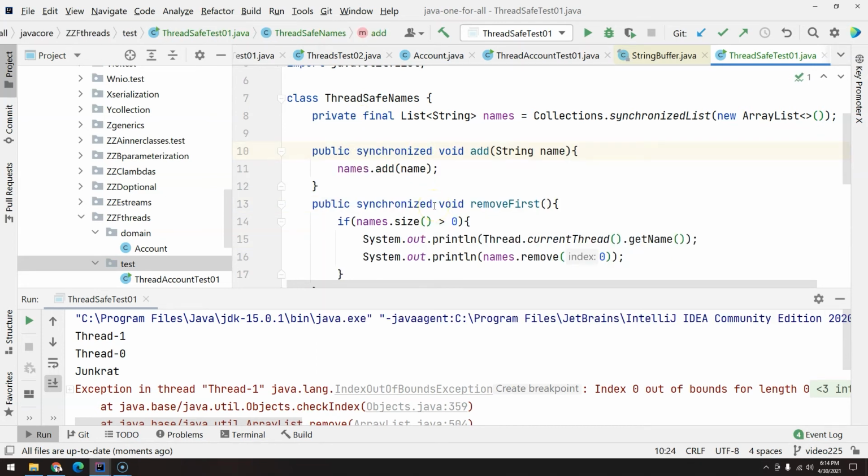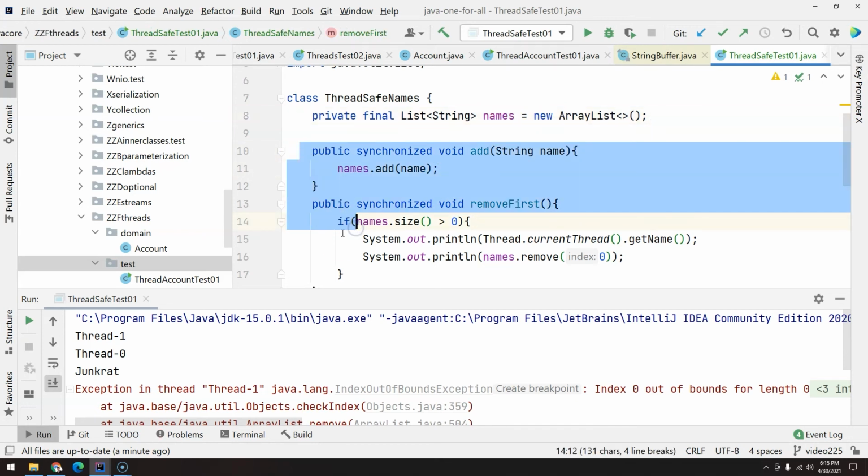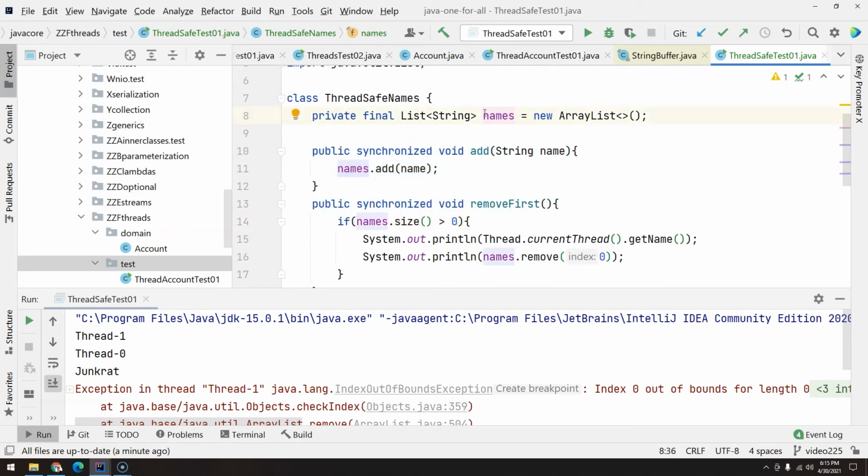So now this class, I can say for sure that this class is thread safe, and I don't need this anymore. So why do I not need this anymore? Because nobody can access names. So the only way for us to add or remove something is through these two methods. So there is no need for this one to be synchronized as well.